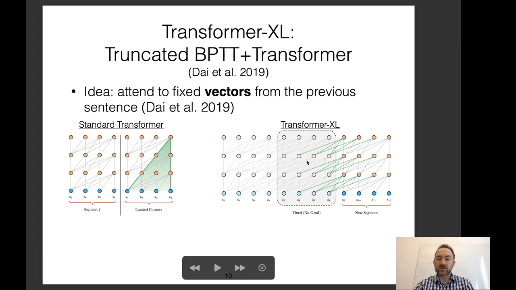And in fact, this is a really powerful method, because when the current segment attends to the previous segment, remember that the previous segment has also attended to the further previous segment. So this allows you to reach very far back in time to calculate the vectors at a minimal increase in cost.